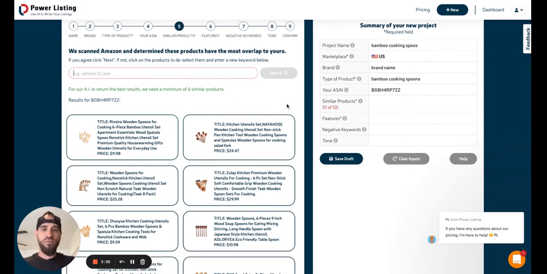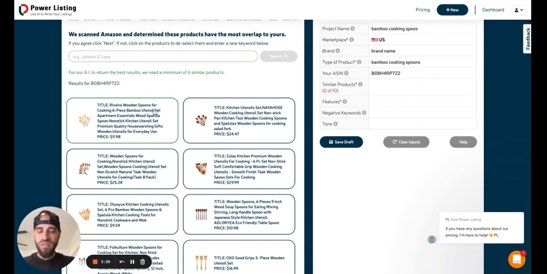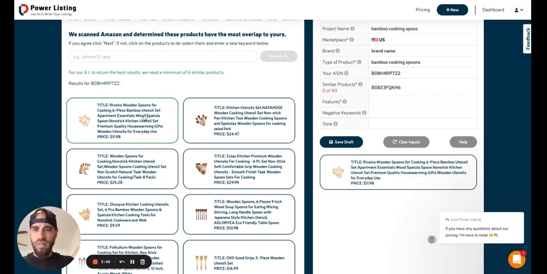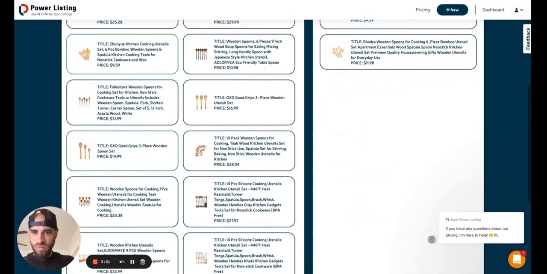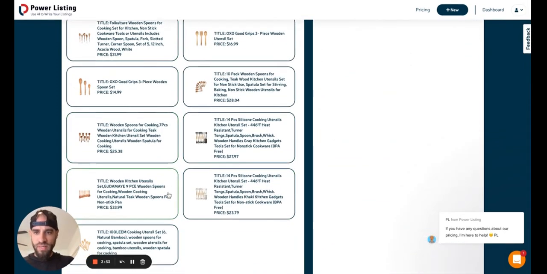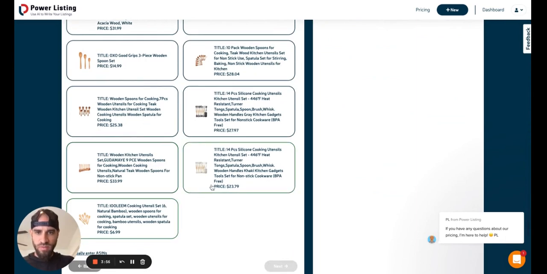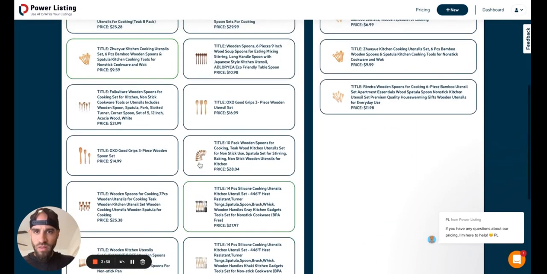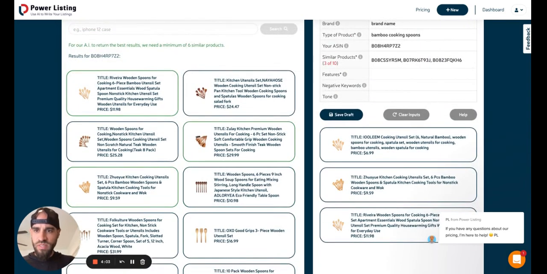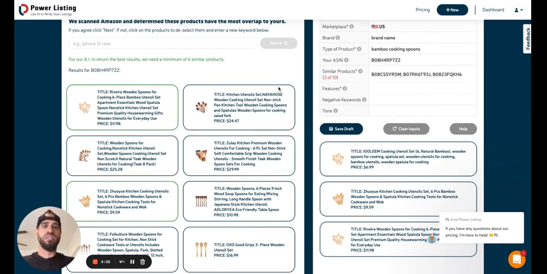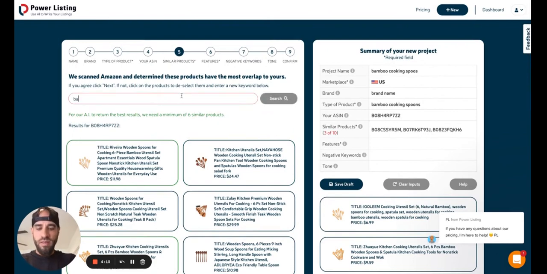So let's just go ahead. You want to select 6 for our AI. I'm just going to come down here and pick a few. Let's see, let's go bamboo. Just keep it more specific, bamboo. You don't want to pick teak wood, obviously, if you're selling something bamboo. And let's see, are there any more bamboo? And if you don't get 6, because it won't let you go to the next step until you pick 6 products, then just go ahead and